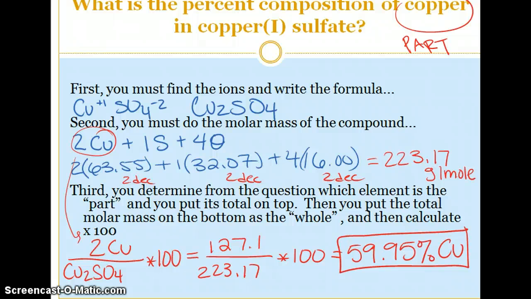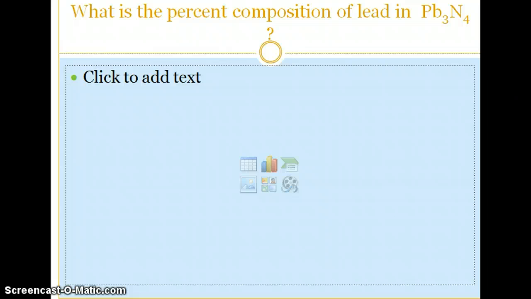Let's look at another example. So in this question here, I've actually given you the formula. This is lead 4 nitride. So we can skip that first part of writing the formula. In the future questions, you're definitely going to have to write the formulas yourself. So here I've got 3 leads,